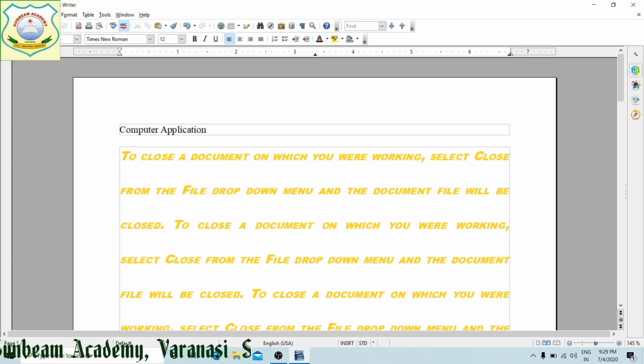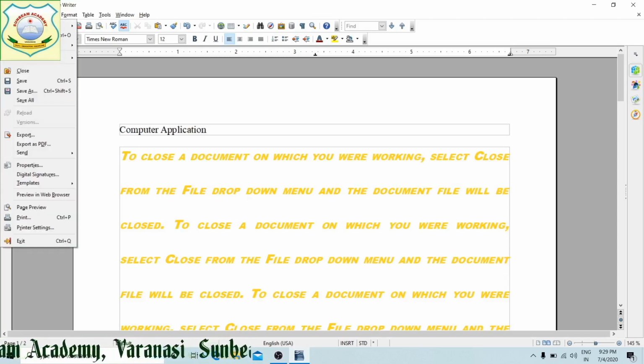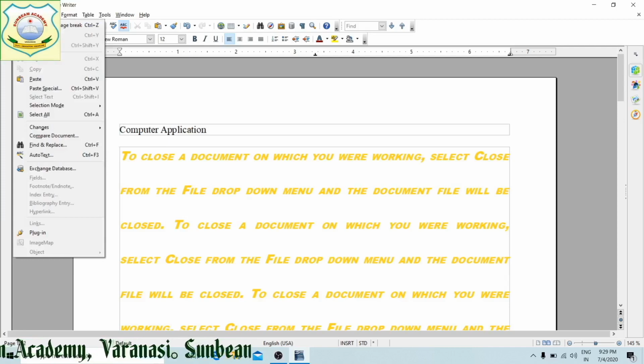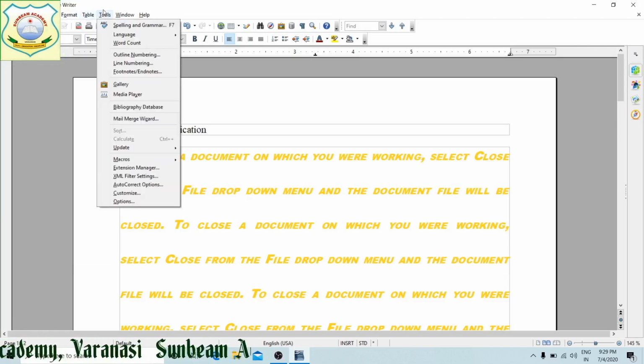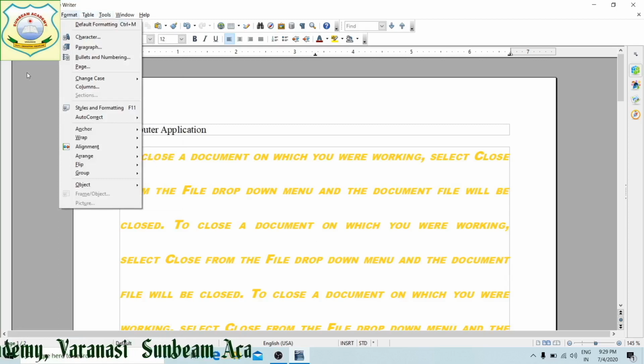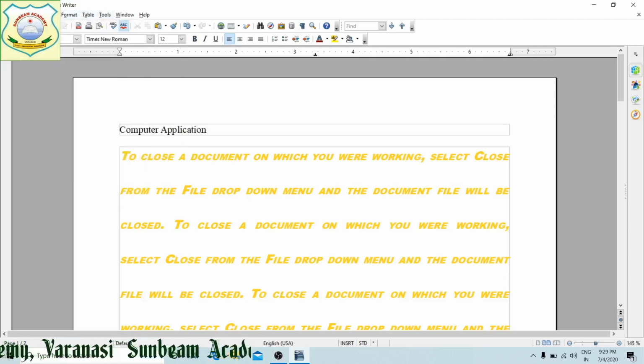This is file, edit, view, insert, format, table. These are the menu bar, which has got different options to be used by the user to perform activities, right? Next is your standard toolbar. This is your standard toolbar, which is having most commonly used options are the buttons over here.